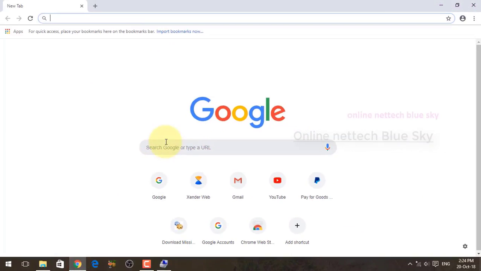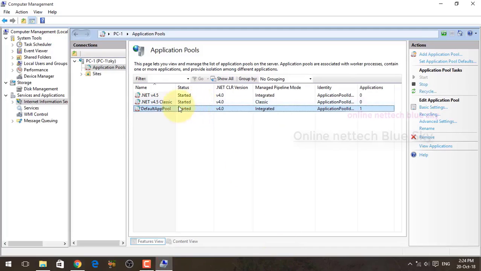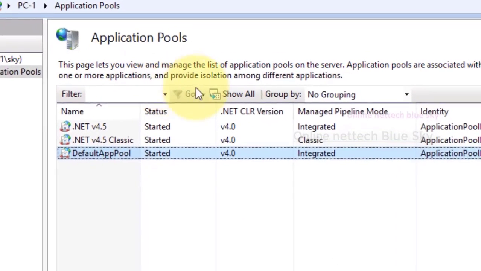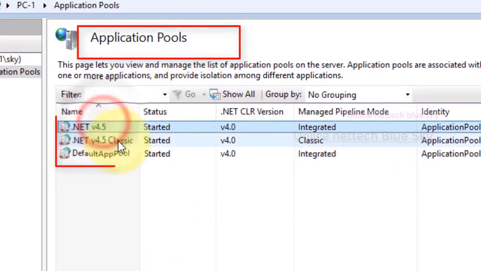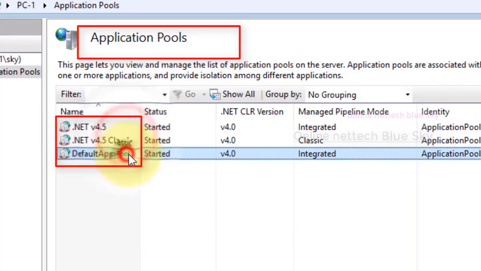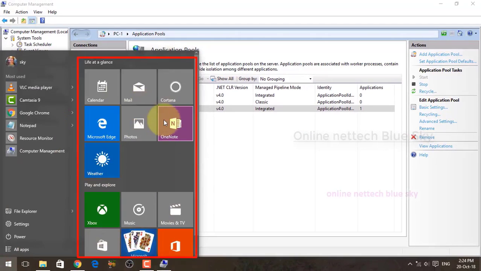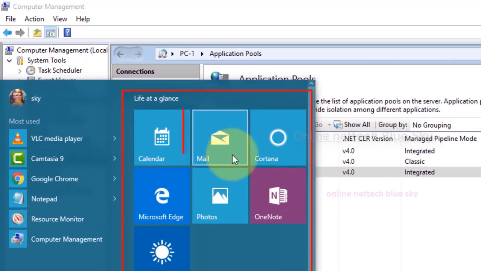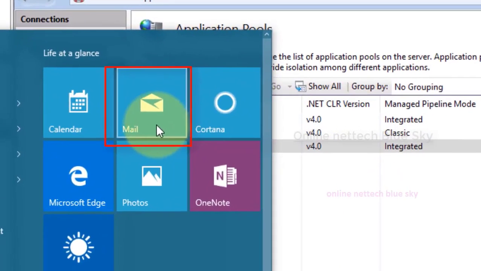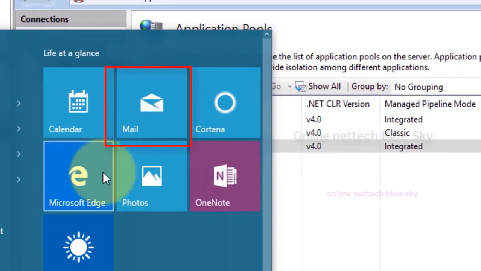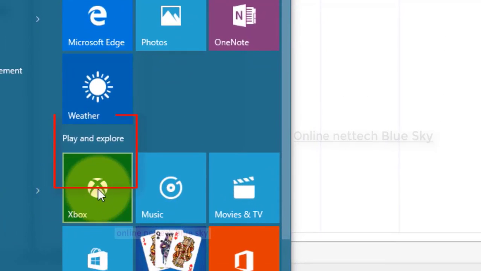You can see your Google company's browser here, shown in this tab by default. An application pool is one type of browser and is already bound to applications. Application pools are very helpful for your website and web applications. This is the application on the right side. You can see this is only an operating system application. By default, Mail and some applications work offline, some work online with the internet, and there is the Xbox extension.